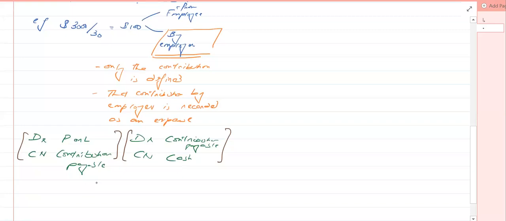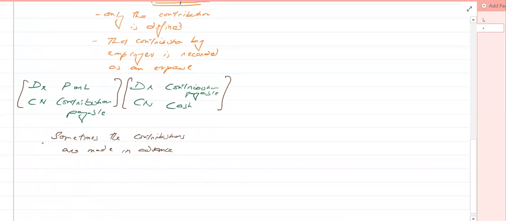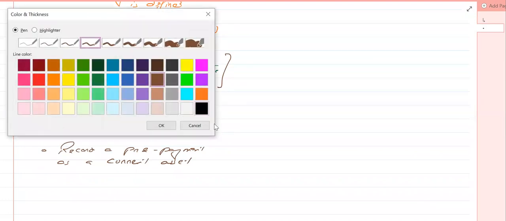Sometimes it is possible that you are paying the contribution in advance. Sometimes the contributions are made in advance, for example, for the full quarter. In that case, you should record a prepayment as a current asset, and the double entry would be